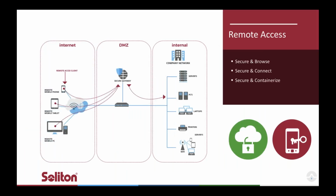And then there is, once you're on the system, or onto the network or onto the infrastructure, what are you actually going to get access to? And this is where our remote access solutions come in, where we have everything from a way to securely browse, all the way to having more or less a full VPN access, but without the remote computer actually being part of your internal network or having an IP address or any kind of direct access